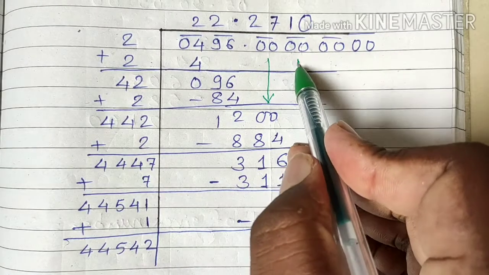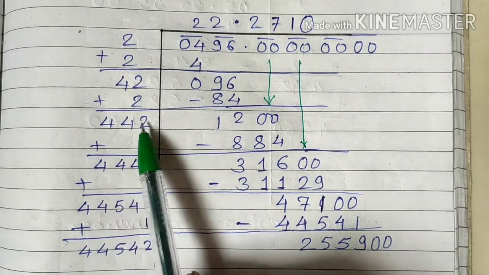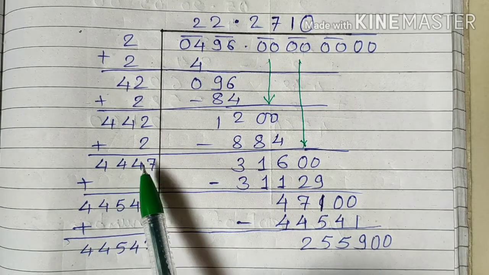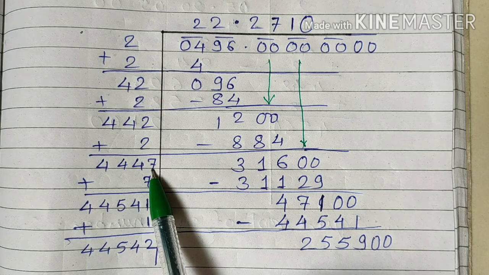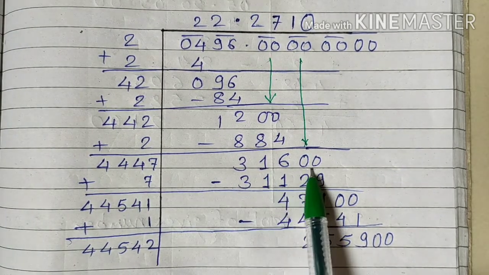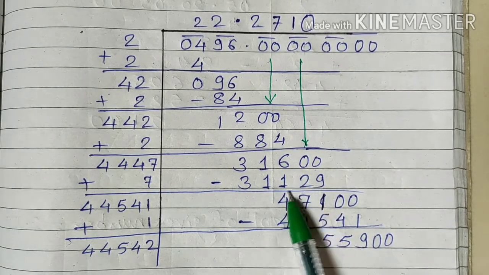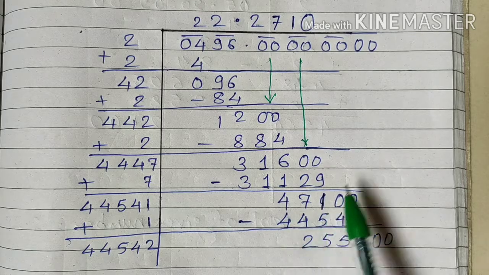Again the next pair of 0 will come down here. So along with the addition of these two, 444, we added 7. We have taken 7 because multiplying with 7 we are getting the number near to this, and 7 we have to write above as well. Subtraction of these two numbers gives us 471.